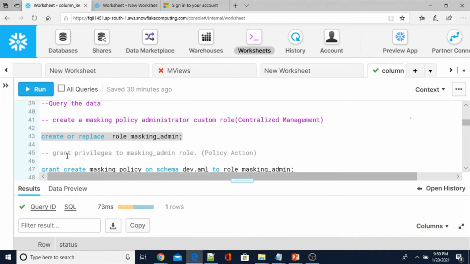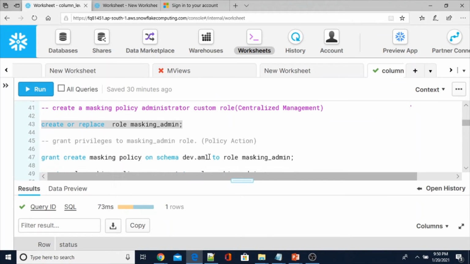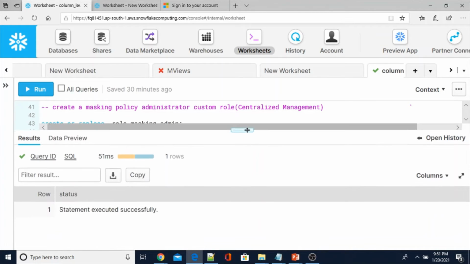Now I am going to grant privileges to the masking_admin role, which is nothing but a policy action. So: grant create masking policy on schema dev.aml to role masking_admin. To create a policy in a schema, the role should have the create masking policy privilege.